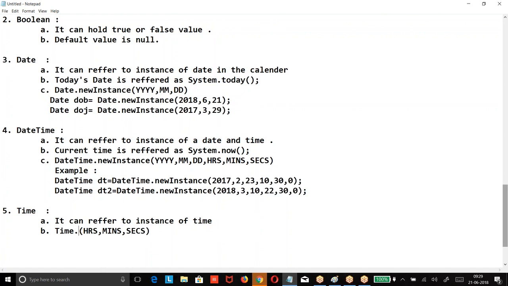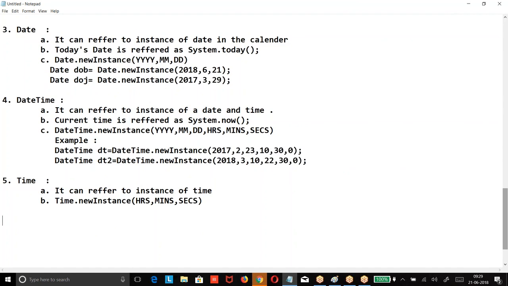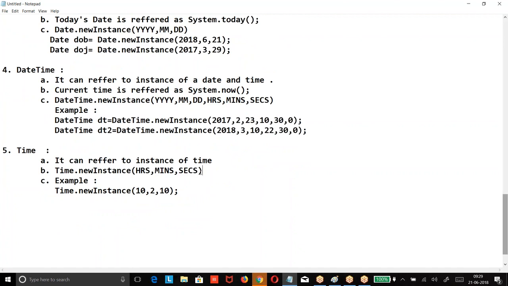Then Time.newInstance of hours, minutes, seconds, milliseconds. So we have date, datetime, time.